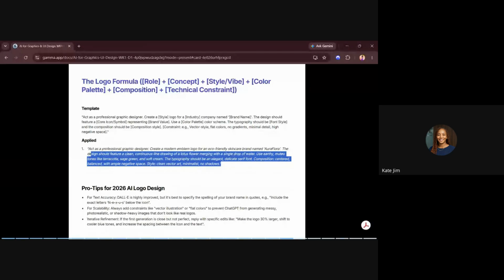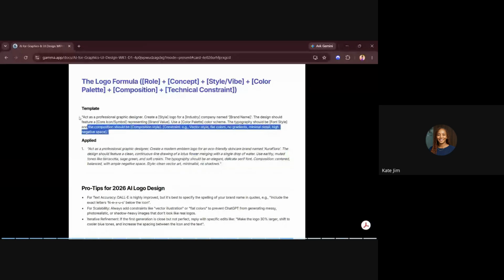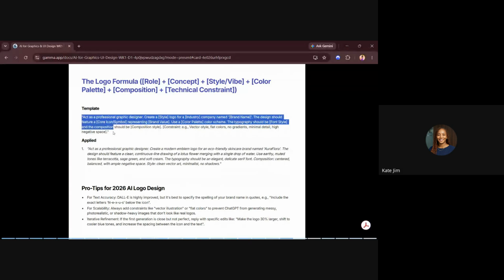That's this first one. It says, act as a professional graphic designer, create the style of the logo, maybe a minimalist logo, maybe an emblem logo, it depends on the kind of logo you want. For the industry you put, food company named Echo, or Chop Fast.